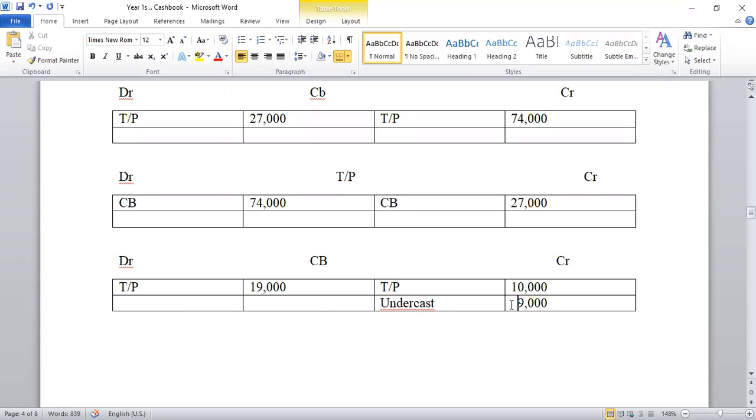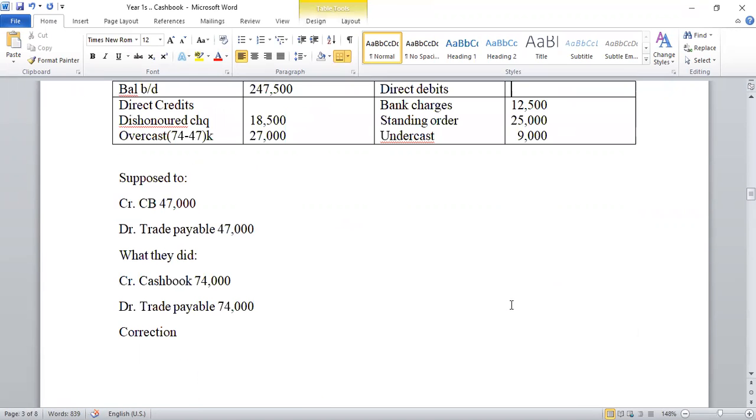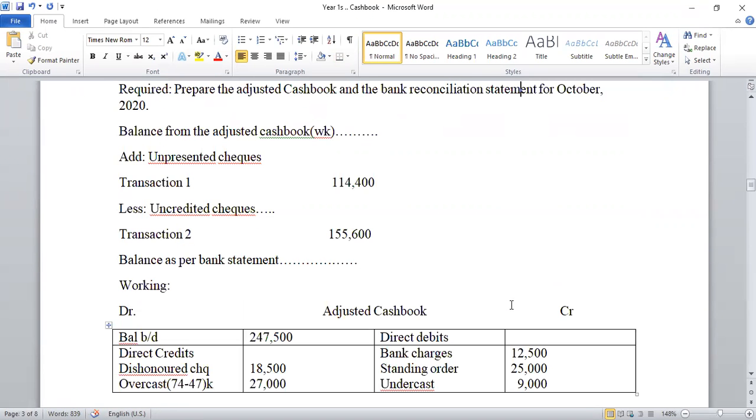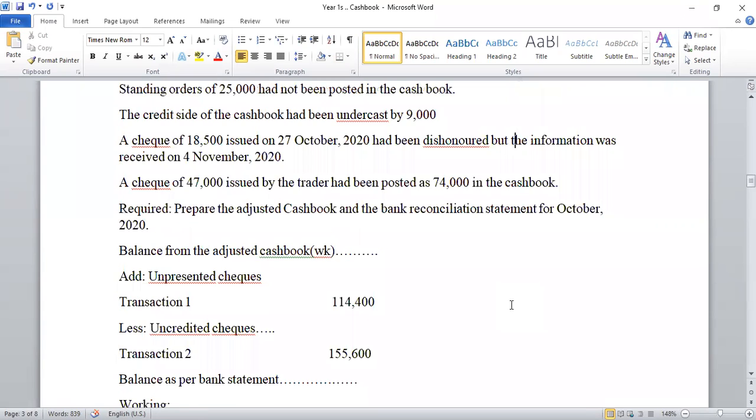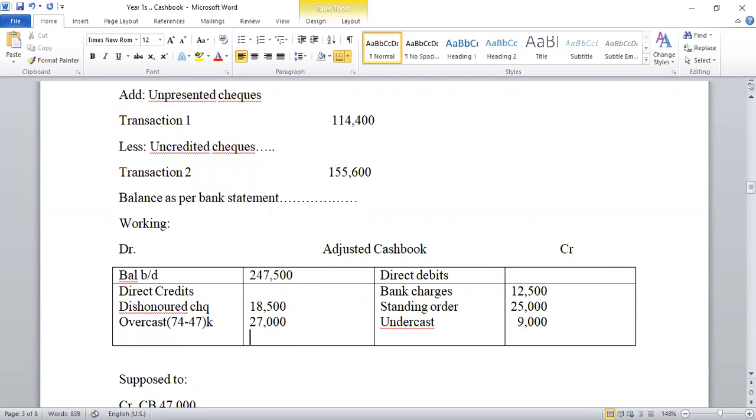So allow me to continue with what I was doing. I'd stopped at this check. Actually, I'd finished the question. So in prepare, I just said cash book, and so we're going to add and finish. Any questions that you have in mind? If I balance off that, just said the cash book. Any questions?